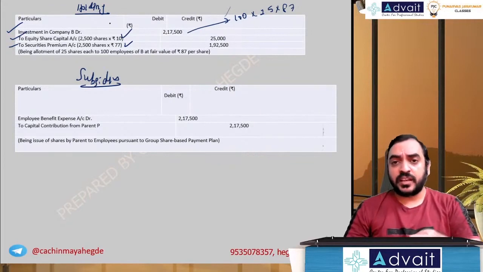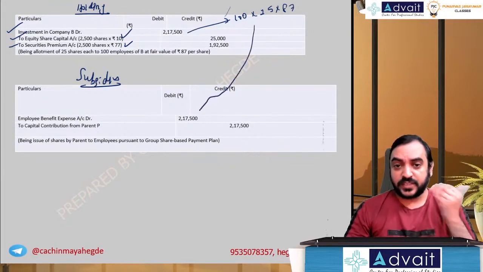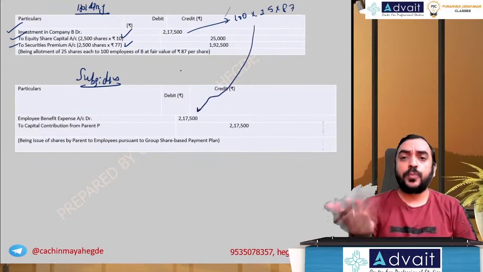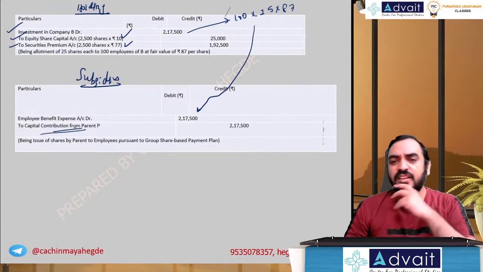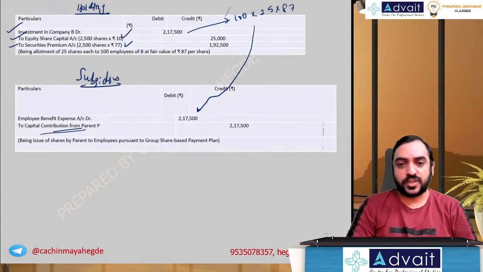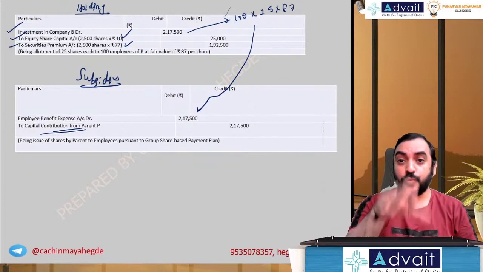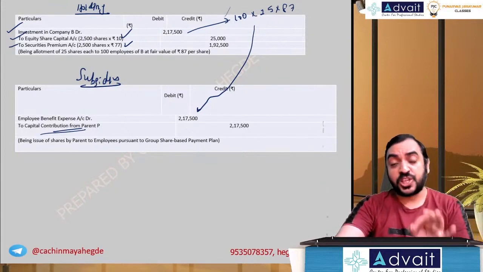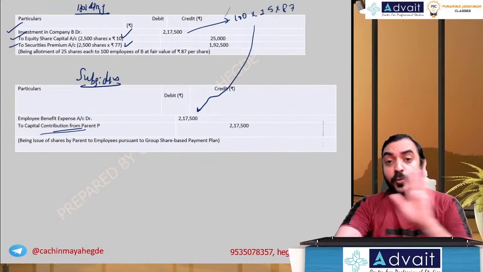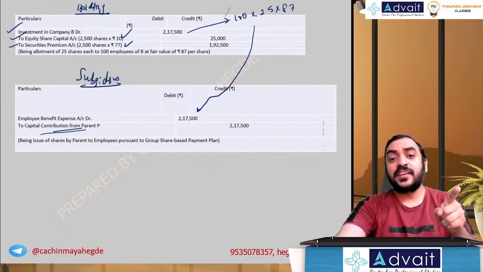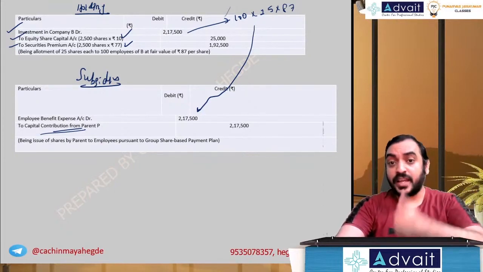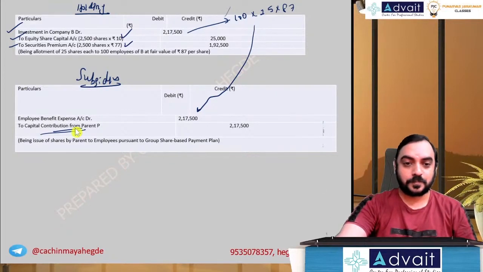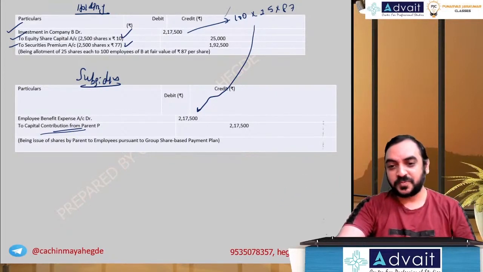In the subsidiary company, the corresponding entry: they will debit employee benefit expense for the same 2,17,500, and they will treat it as an equity capital contribution from the parent company. That capital contribution will be in reserves and surplus, other equity, basically, in the books of the subsidiary company, same amount. So that's it. Simple problem. Accounting treatment in group books towards share-based payments, towards ESOP, especially when the parent company issues shares to the employees of the subsidiary company: the parent company treats it like an investment, and the subsidiary company treats it like a contribution received. For one it is money paid, for the subsidiary company like money received. Okay, that's it with respect to this problem.